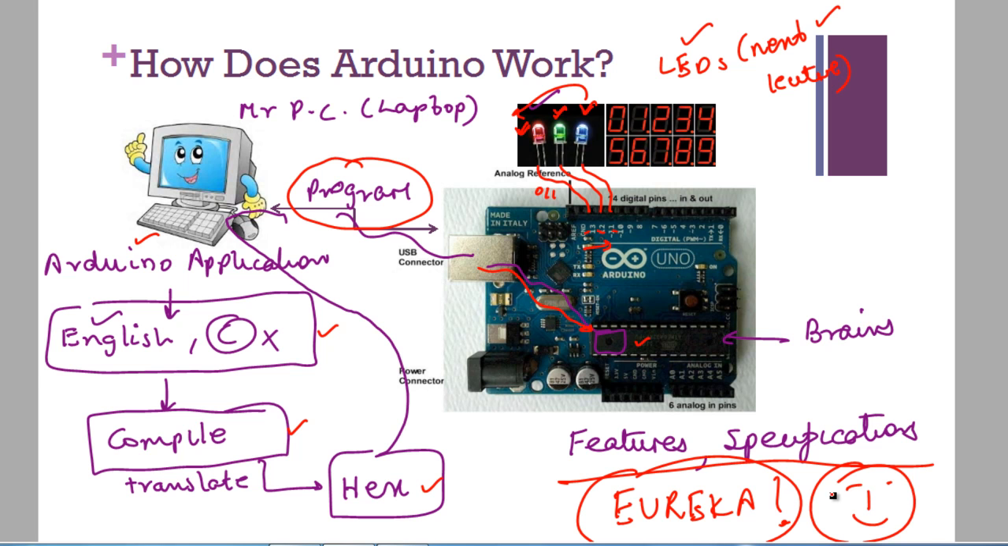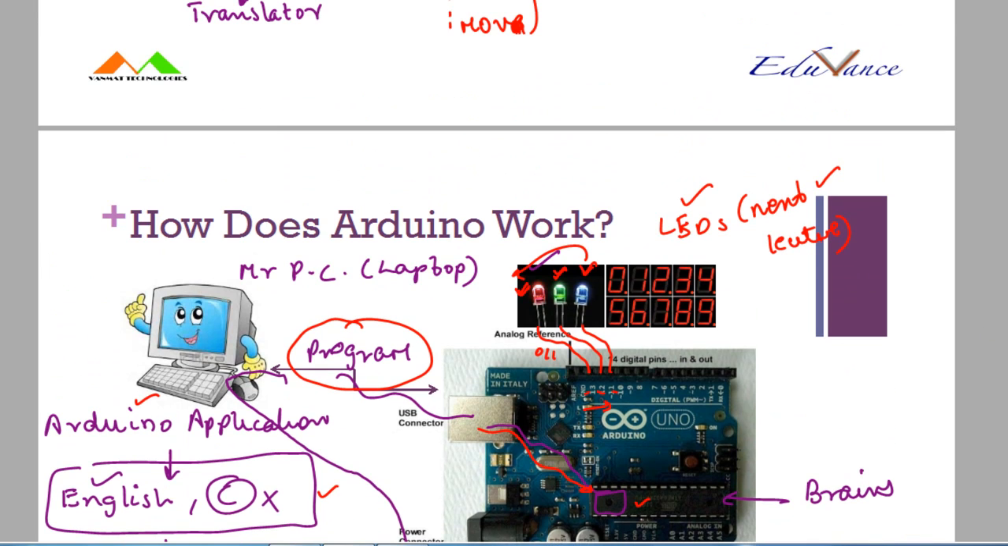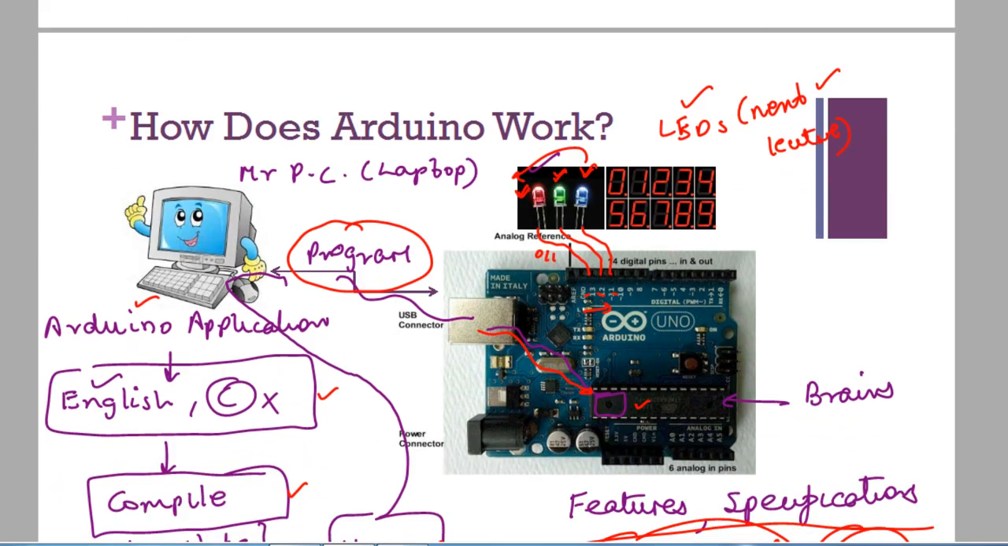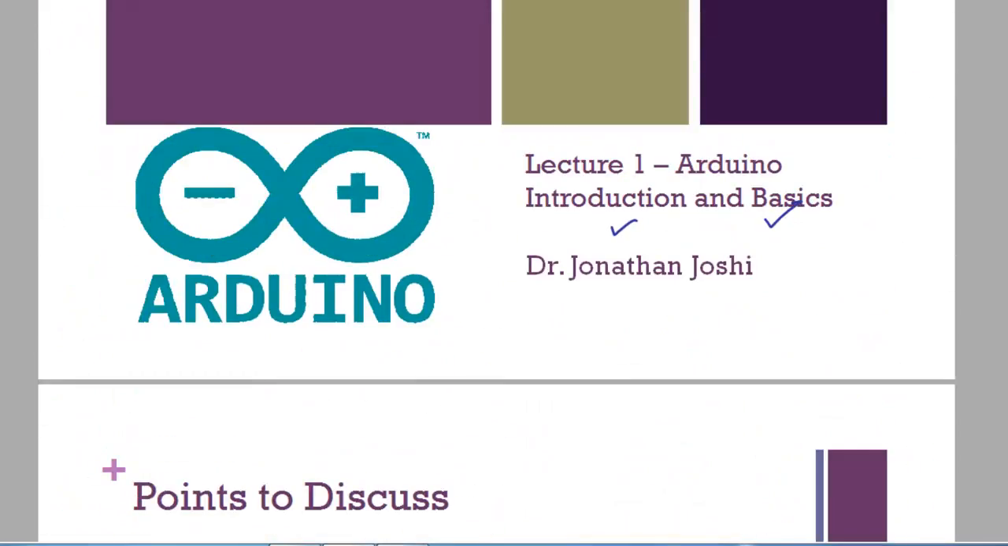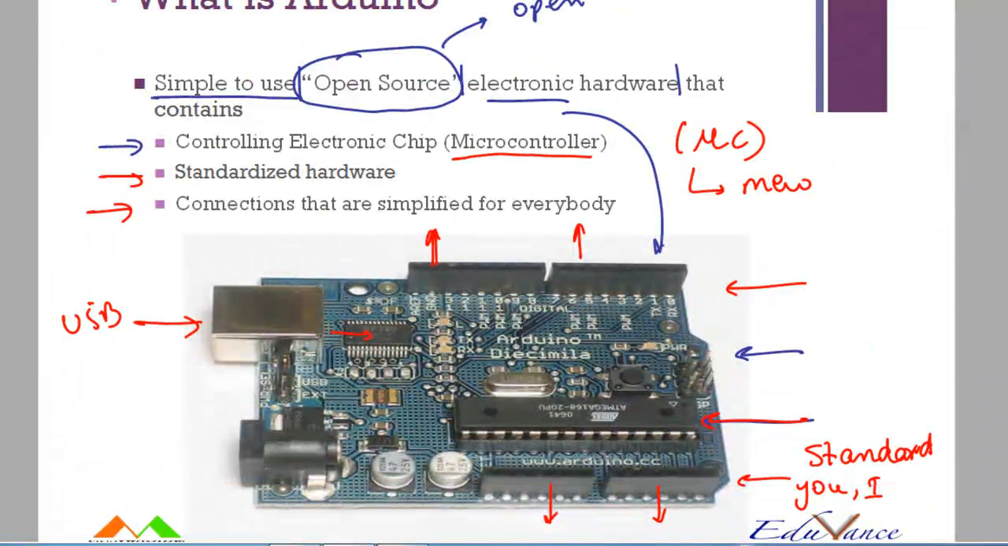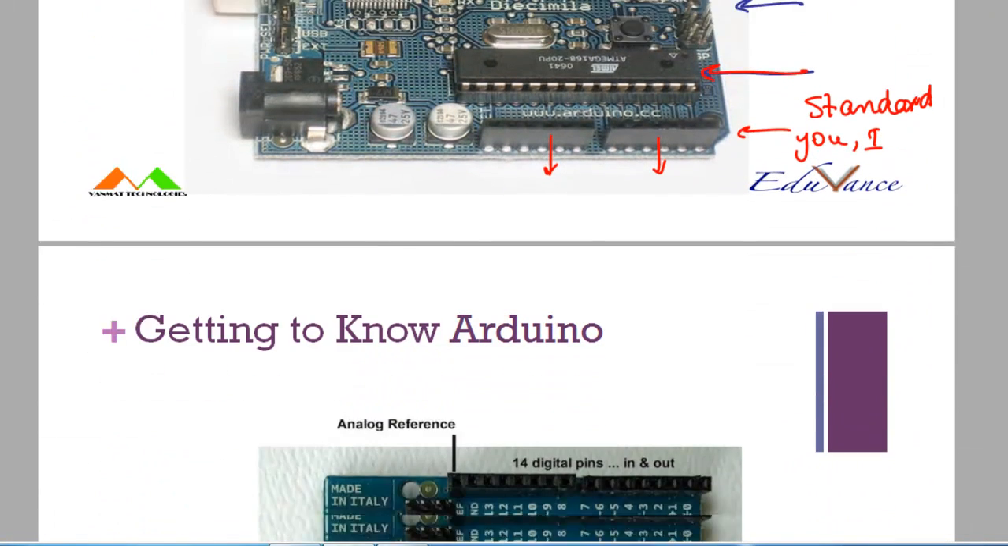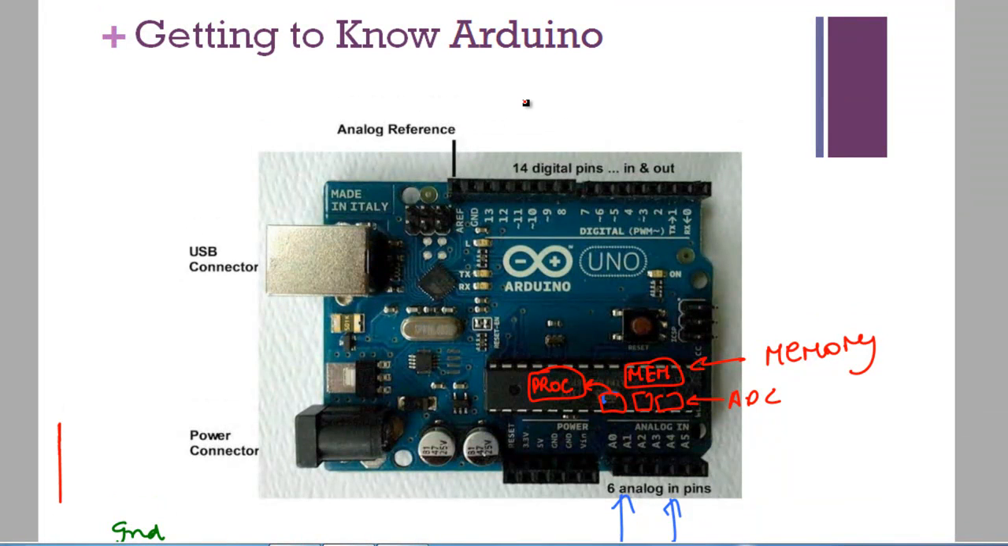Okay, so I hope that this introduction was clear. To summarize this part of the introduction, let's just go over this again. We first understood what Arduino was. It was a simple to use open source platform with a microcontroller and standardized hardware. Then we understood the different components of the Arduino: the microcontroller, the digital I/O pins, the analog input pins. Mind you, the analog is only input, just for reference again. I would have USB connectors, power connectors,